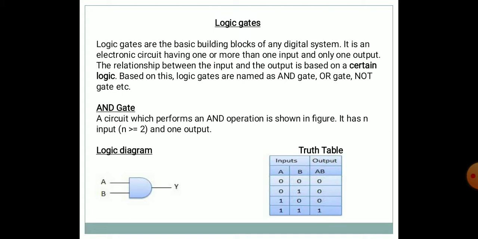Now in this session, I'll try to make you understand what a logic gate is, or what the purpose of logic gates is. As you all know, we send information through computers using wires that represent ones and zeros. Computers need a way to manipulate these ones and zeros so that they can eventually do more complicated operations.